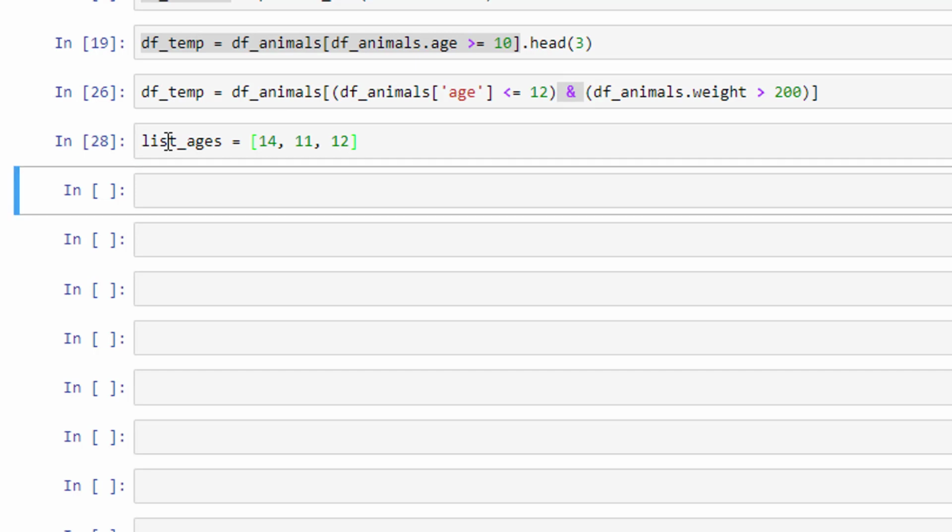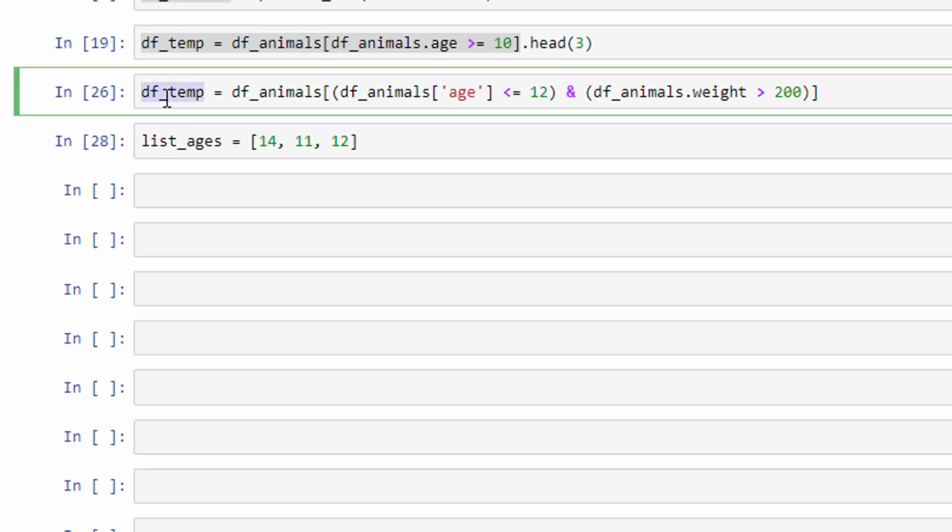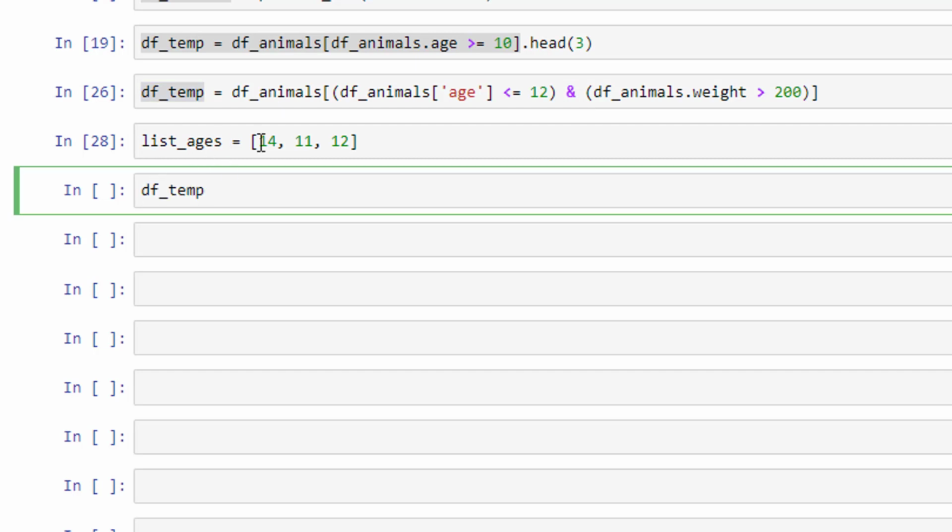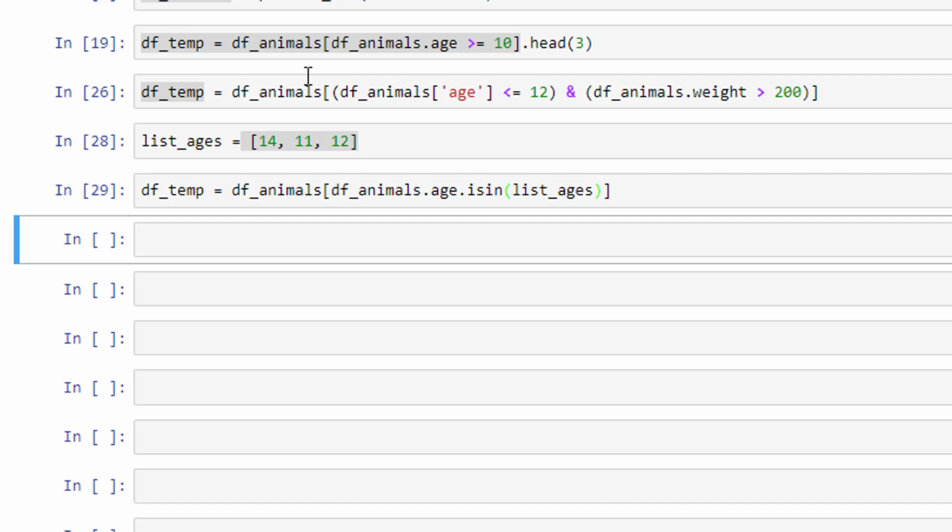So this is my ages list, and now I want to take a temporary data frame where the data is inside this list here, inside the values. So the way I would do this is just to say df animals, same syntax as before, open the brackets, except now what I'd say is the data frame animals dot age in this case, and then there's an expression called isin, very, very convenient, and now I can just say list ages,